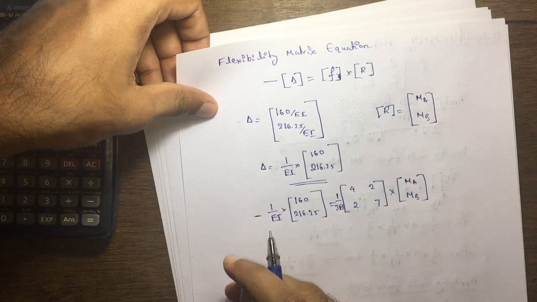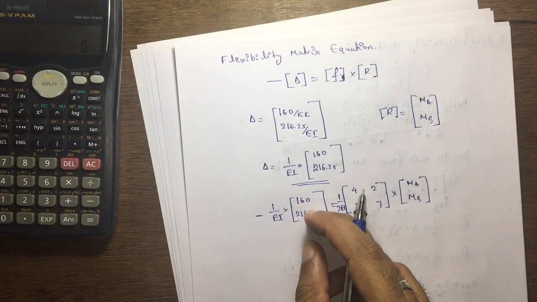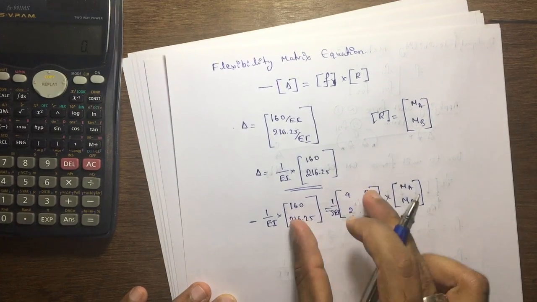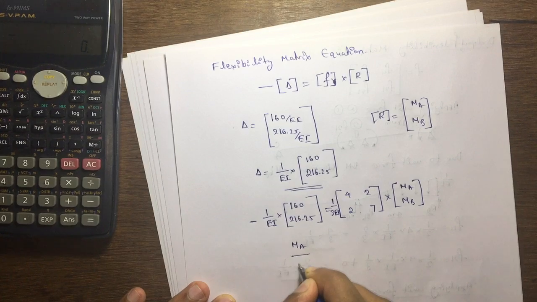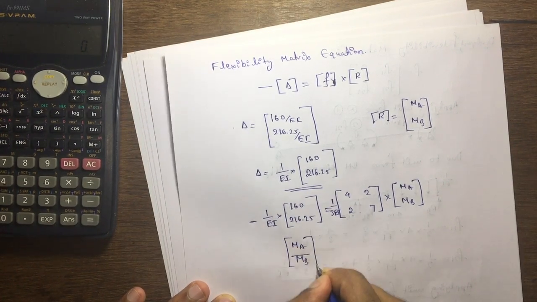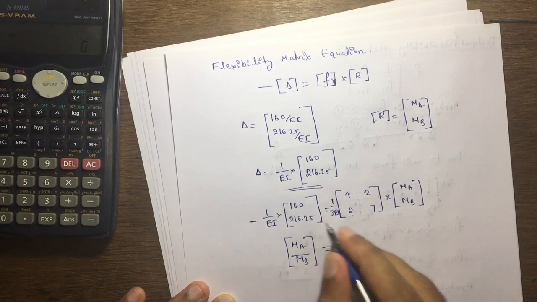To solve this one, we have to bring this matrix to the other side. That time MA and MB, this matrix, is equal to,